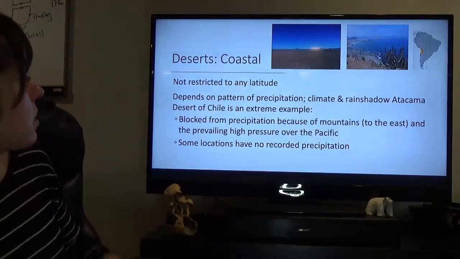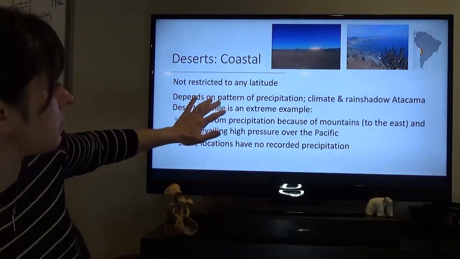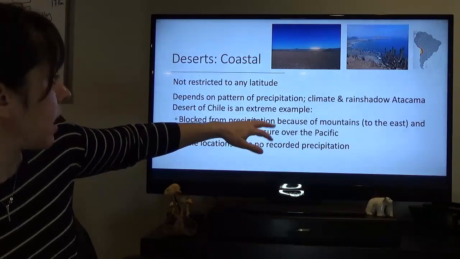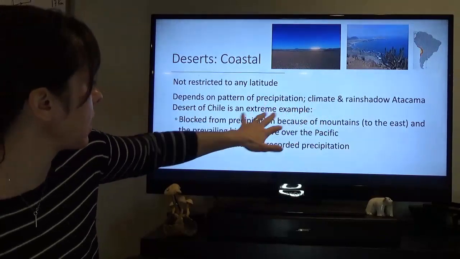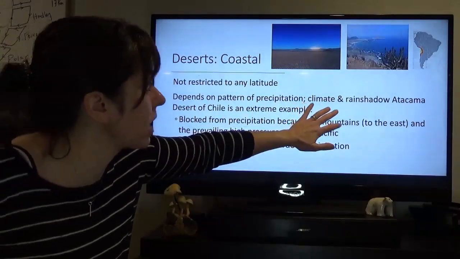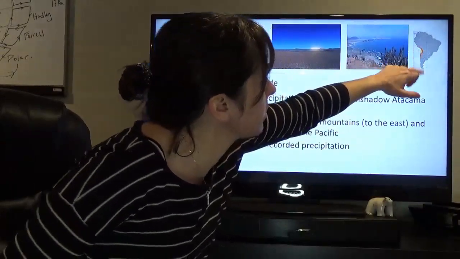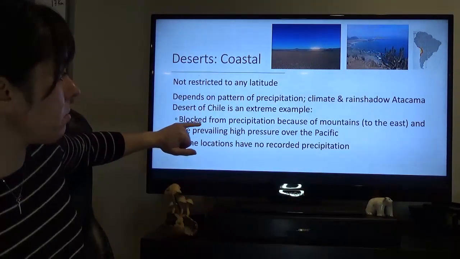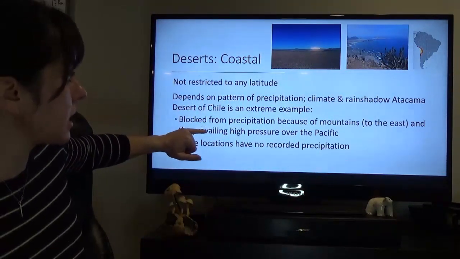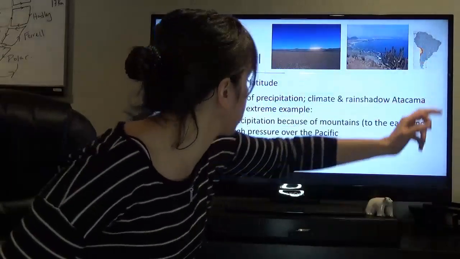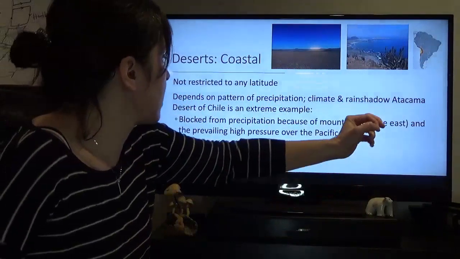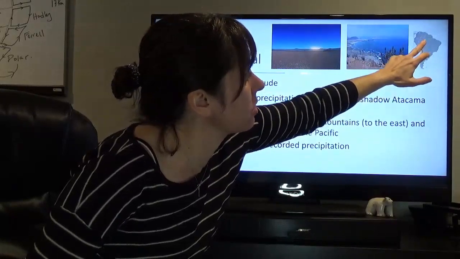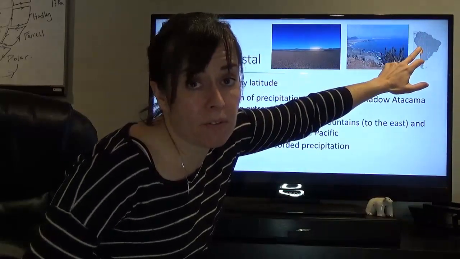Then we have coastal deserts. These are not restricted to any latitude. It depends on patterns of precipitation. In the Atacama Desert in Chile, climate and rain shadow are really important. So it's up here in this map. Basically, precipitation is blocked because of mountains to the east. So you have no precipitation that comes from this direction. The winds are moving in this direction. This is in the southern hemisphere. The winds are moving in this direction, and there are mountains here. So you have a rain shadow effect that impacts